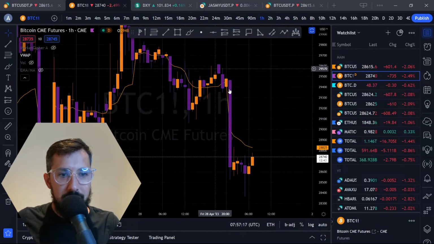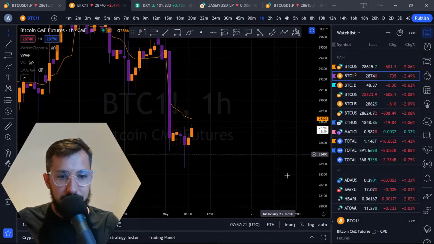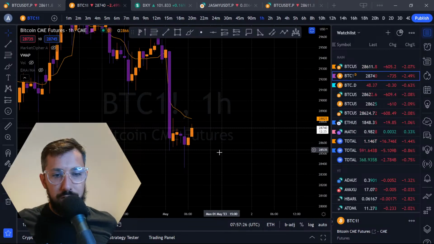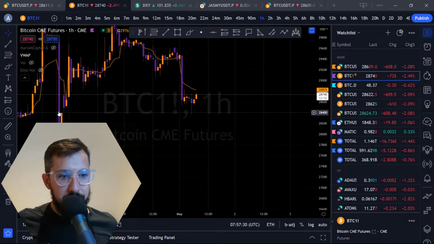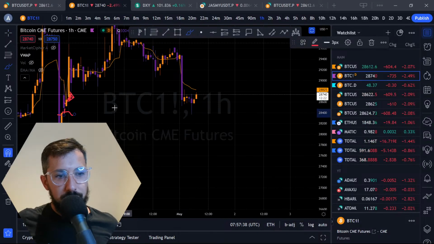Now, have we made any new ones? Can we see any new ones? No, not as of yet. So, beautiful. Look at that. Confluence, right? Make sure to always check your CME futures. Look for the gaps to be filled like these two. And they were, right? They were filled. Color in the lines, baby. That's what it's all about. So those were filled. Good to go.